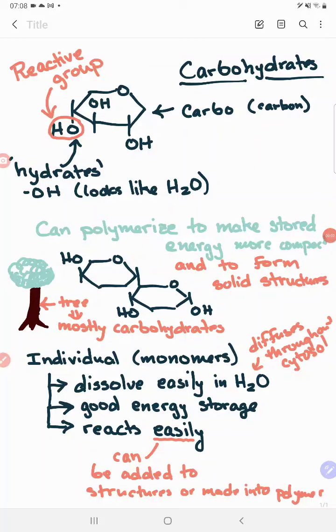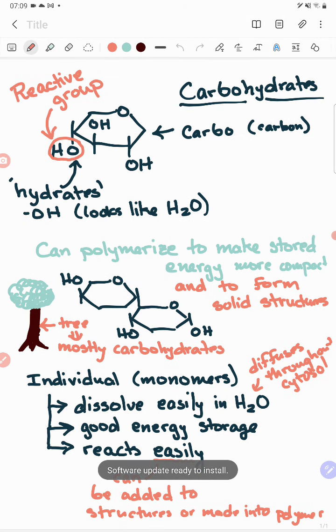So here's a little brief background on carbohydrates and a bit about their chemistry. One of the best ways to keep in mind what carbohydrates look like is just breaking down the word itself. Carbon, it's a carbon ring. Hydrates, that's referring to the looks like water part of an OH group. An OH group is an alcohol group, and so a carbohydrate is a ring with carbon that is just absolutely